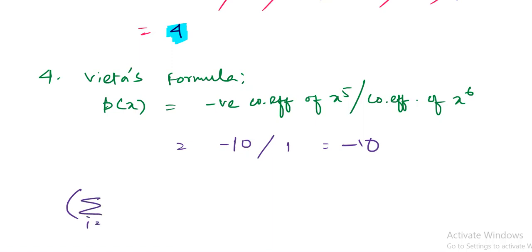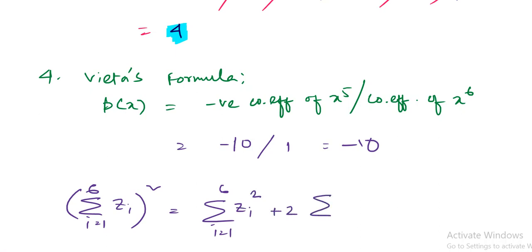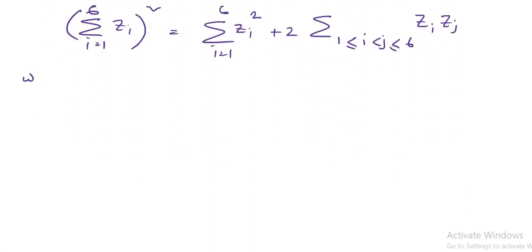Summation of i equals 1 to 6 of zi, whole square, that is equal to summation of i equals 1 to 6 zi square plus 2 into summation of 1 ≤ i < j ≤ 6 zi zj. So we know summation of i equals 1 to 6